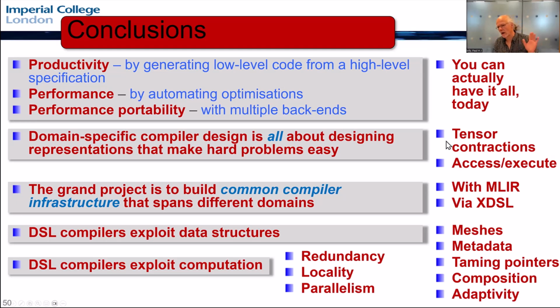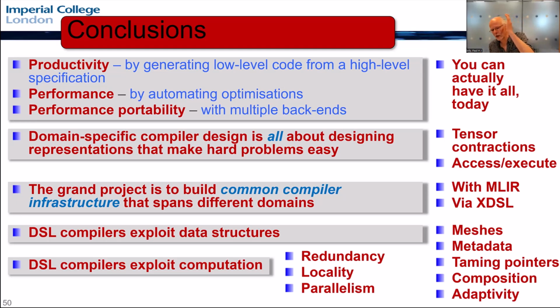And in my mind, our compiler architecture has really two big ideas: the tensor contraction, and also the access-execute model, that idea that we have kernels and we have a declarative description of how to feed the kernel. And that, for me, is another important part of what we've been doing. You might wonder, do we just build different ones for different problems and sit back and enjoy? For me, the grand problem, the grand ambition here is to generalize this, right? Generalize it in the sense that we can pick off different application segments.